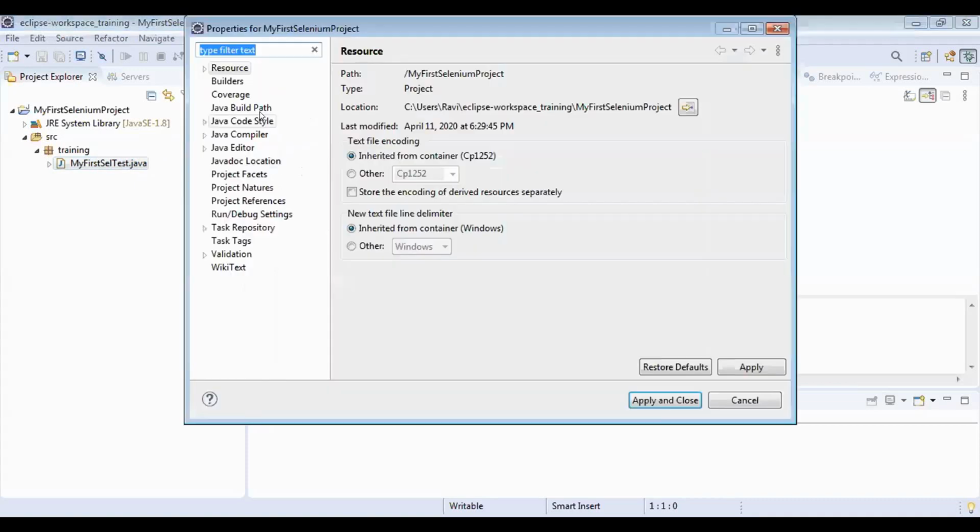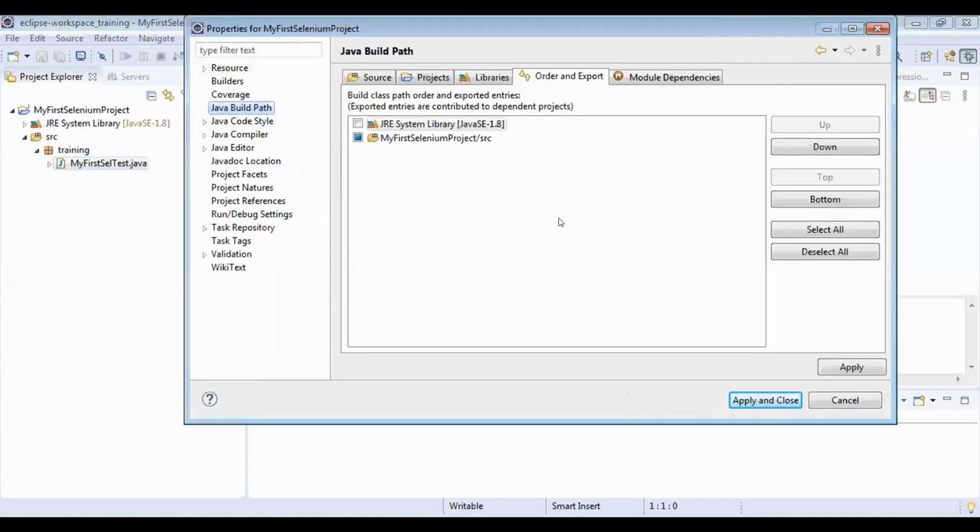Properties, Java build path. This is not the ideal way. Normally we use Maven, but Maven is not yet covered, so I'm going this way to include the jar files in the project.